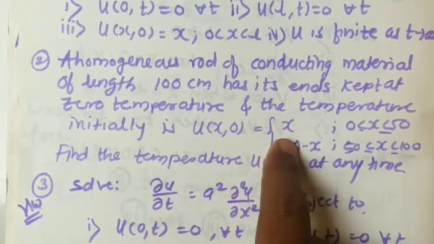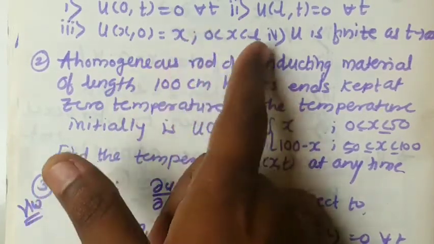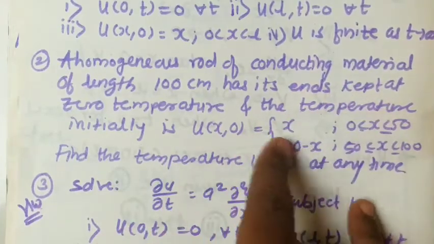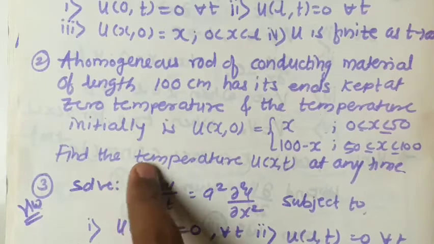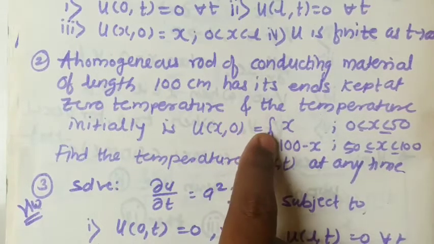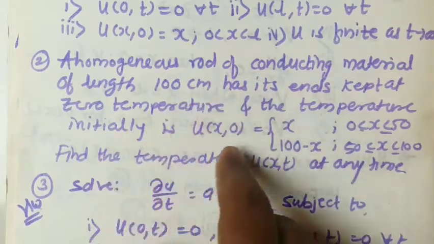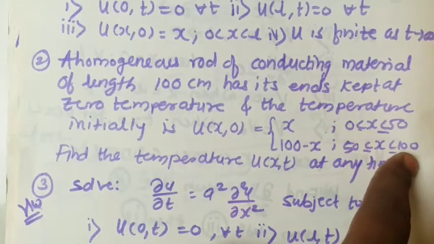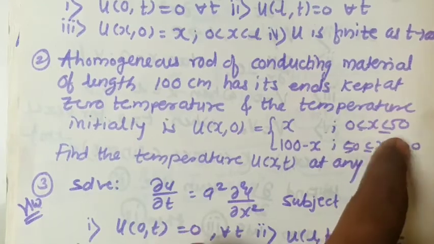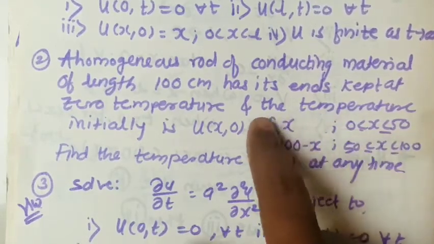So here the function is a discontinuous type of function. In the previous problem we had only one function for the entire interval; here we have two different functions for two subintervals. While calculating bn, we use these functions as the third condition, and we are going to split the range of integration. The total range is from 0 to L, that is 100, and we split it into two parts, 0 to 50 and 50 to 100, because the value of the function is different on the two intervals.